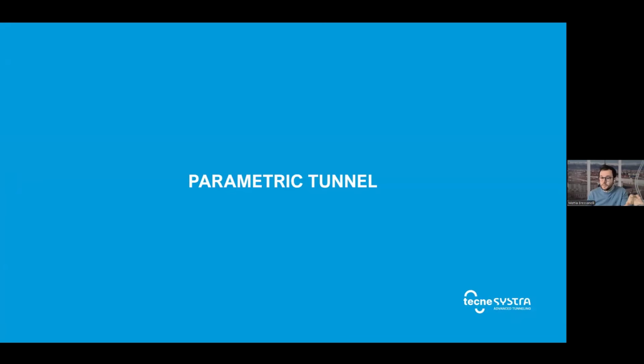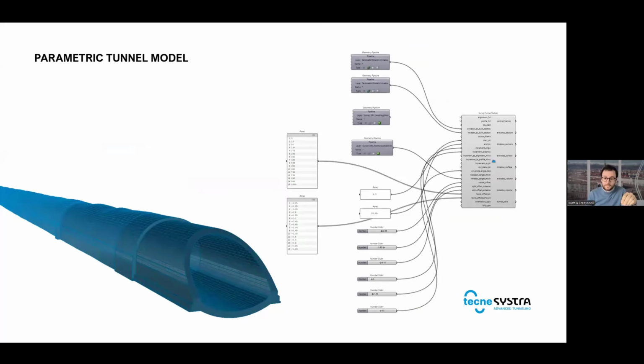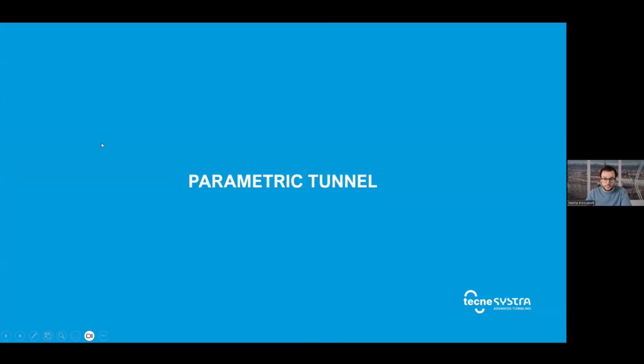So we can use them to build a parametric tunnel in Grasshopper. So we have a component to build the different tunnel sections, which takes basically a template of the theoretical section and the alignments we computed before, and then stations for start and end, and some other parameters to tweak stuff around. And notice that